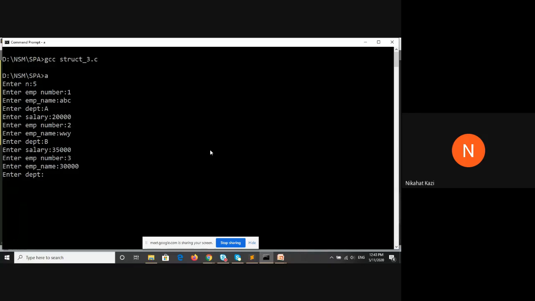Employee department will be A, and then salary as 30,000. Employee number 4, the employee name is something, department is again say C now.